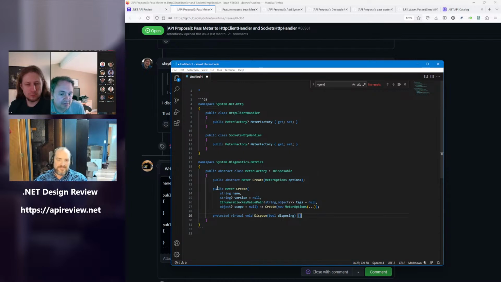And I think this is why we just want to approve the original proposal, because once you go this far, people will be like, just give me the interface. I mean, why does dispose matter? You don't have to write it; you just have to override it. Yeah, maybe there is a world where meter factory just isn't iDisposable, right? And then the thing that's in DI is a derived type that's iDisposable. And that does simplify things.